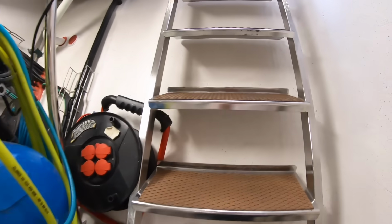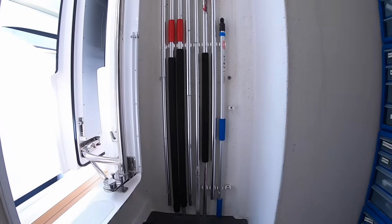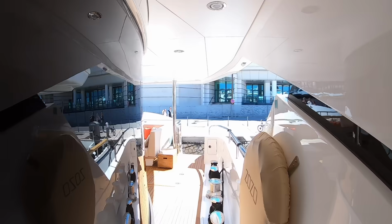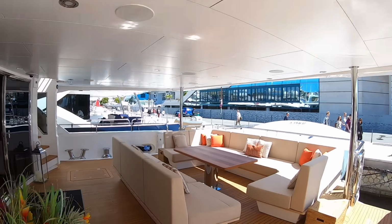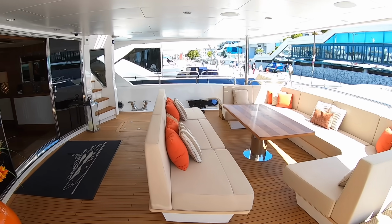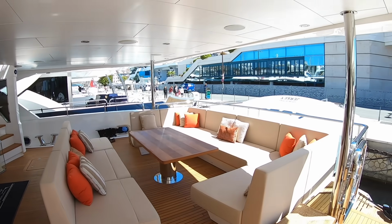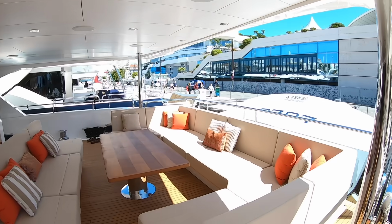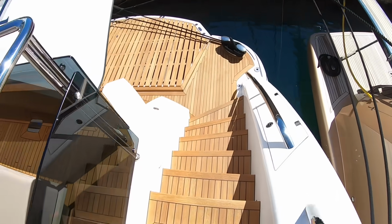Let's head back out and have a look at the tender garage. So we're back out onto that side deck. We'll have a quick look at this area because we've skipped through here fairly quickly. But this is your main deck aft area. It's fully shaded because the upper deck comes right to the back. So you've got plenty of shade here, but plenty of light and plenty of ventilation. Makes this a really nice area when you're at anchor. And then back here, this brings us down to the tender garage,